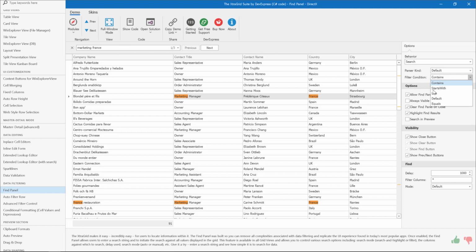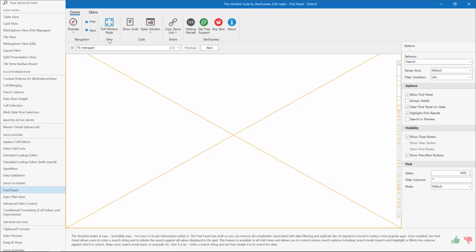But one of the things you can do, if we use like, is implement the wildcard parameter. So I could do something such as %, which is the wildcard AN, and it's only going to match records where AN is at the end of the word. If I wanted to make that a little bit easier, say manager,